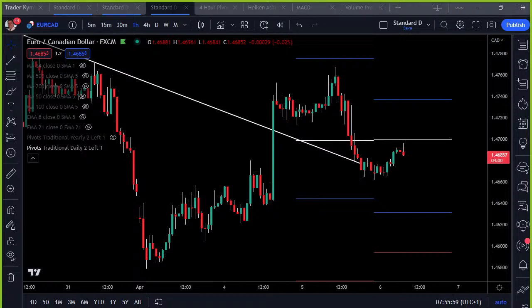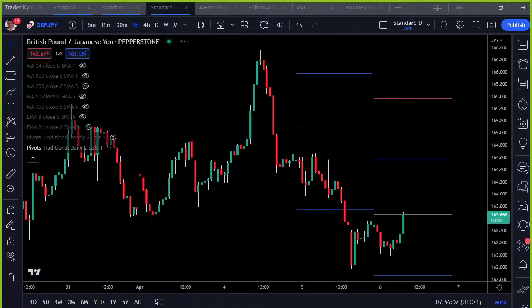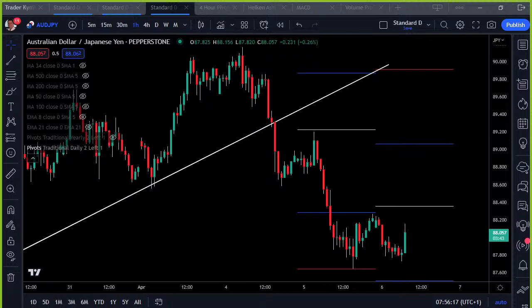Other pairings, there's not a great deal. It's a repeat of the dollar pairs effectively. The pound yen, the euro yen, and every other yen are all sitting very similar in terms of price action. There's no benefit in any of them at the moment. Aussie yen, so really struggling out there for anything else on the Forex market.